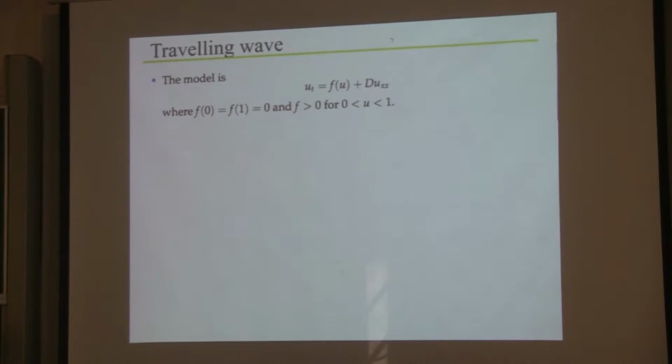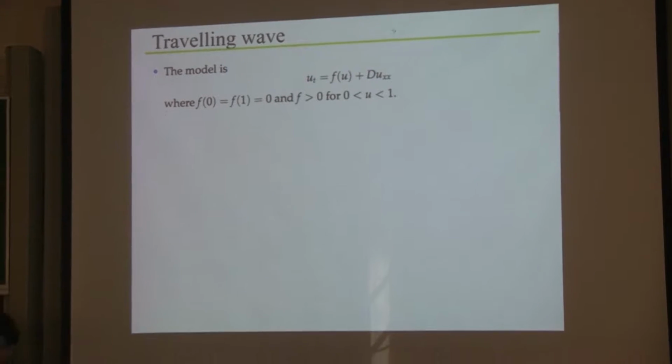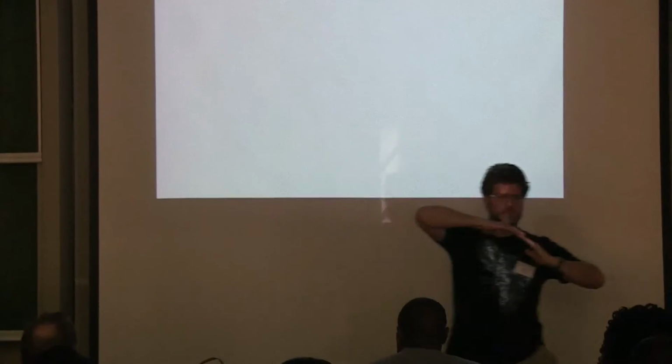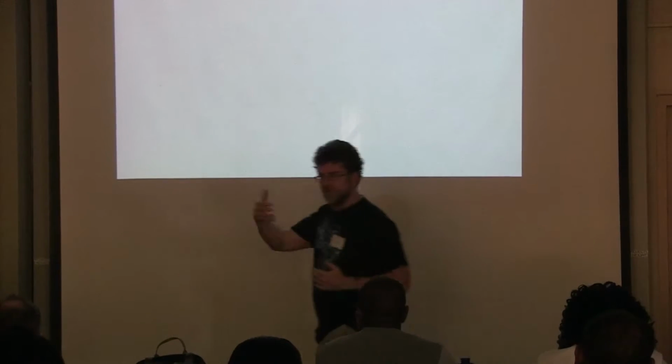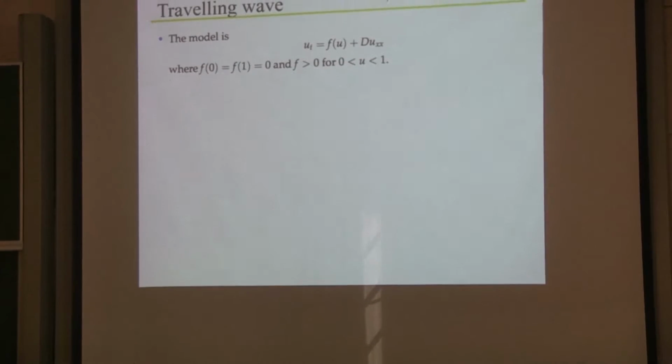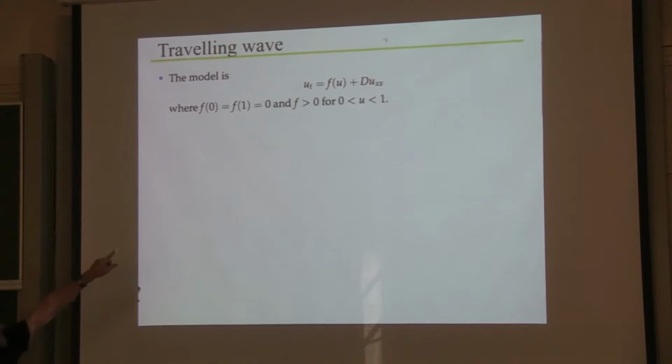One way we can think about the spreading population is in terms of something called a traveling wave. So a traveling wave has a shape, and it keeps that shape, and it just moves across the domain at a given speed. And so if we start with our initial model, which is shown up at the top there,